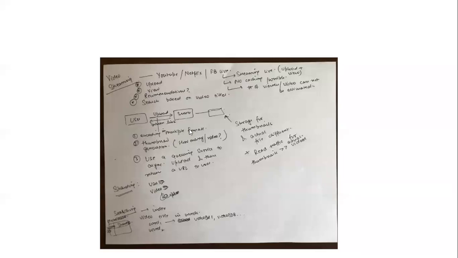The idea is you're encoding in multiple formats. Thumbnail generation comes into the picture here. And with a service like YouTube, you have millions of users trying to upload a video at the same time, so you're using a queuing service to upload asynchronously and then return a URL to the user. This is one idea I was mentioning earlier, that when you think about API design for YouTube, these things